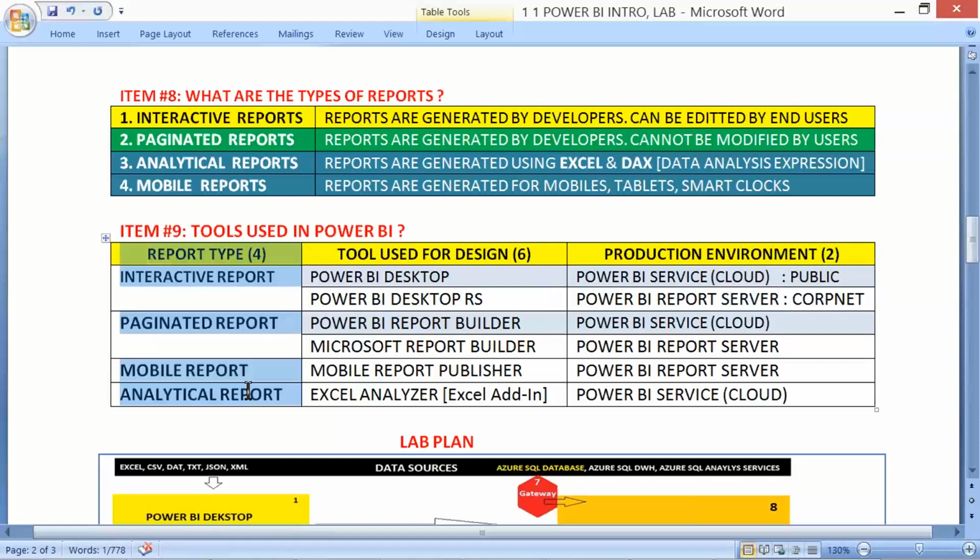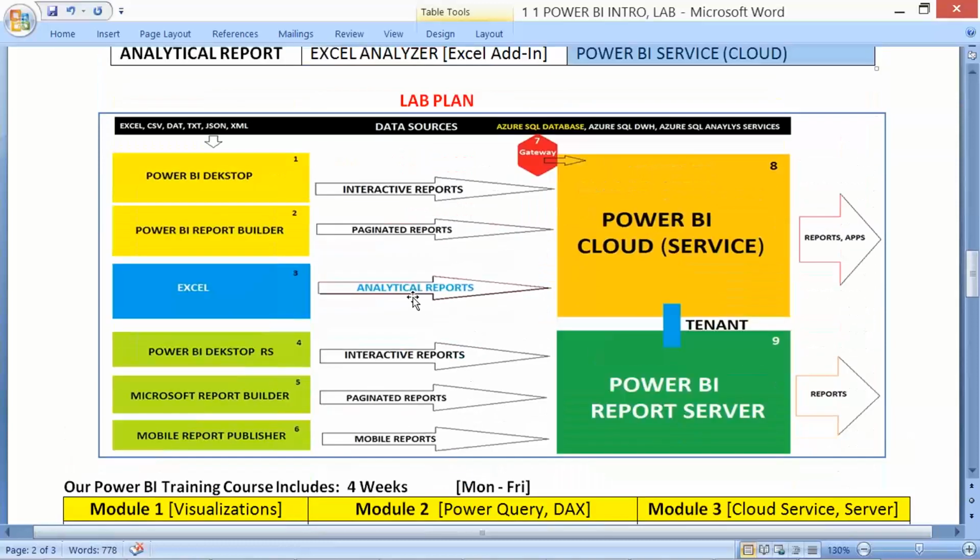So 4 report types, 6 reporting tools, and 2 production environments is equal to our actual course. 6 tools, 4 report types: interactive, end users can edit the reports; paginated, end users cannot edit the reports; analytical, Excel based; and mobile, exclusively for mobile reports. And 2 production units, cloud and report server.